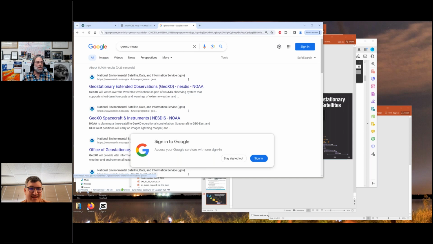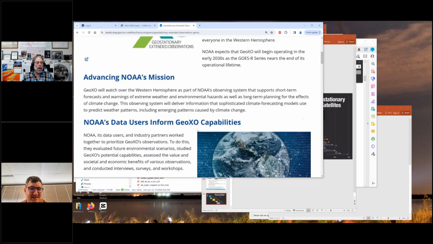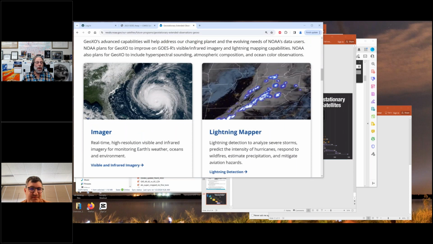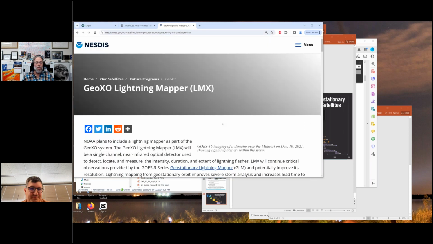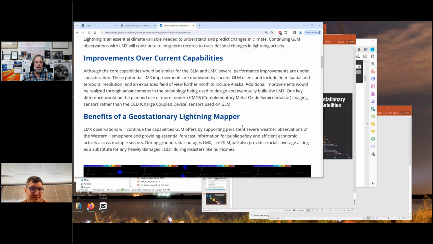I'm just curious if there's an image. So I think you're probably seeing this GeoXO page. Just wondering if they might have a coverage plot over here. Okay, this is on a web page, so it's got to be true.